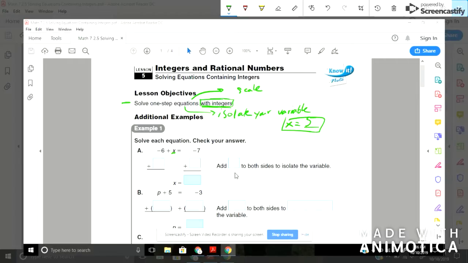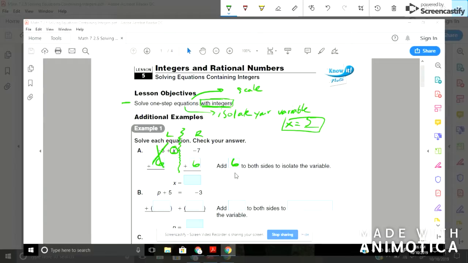The other way is I like to split my equation at the equal sign. So I've got a left-hand side and a right-hand side. And again, I'm trying to isolate x. So I'm trying to get x all alone on the left-hand side. So I need to move my negative 6 to the other side of the equation. To undo that negative 6, I need to add 6. And when I add 6 to the left side, I have to add 6 to the right side to keep my equation balanced. So add 6 to both sides to isolate the variable,